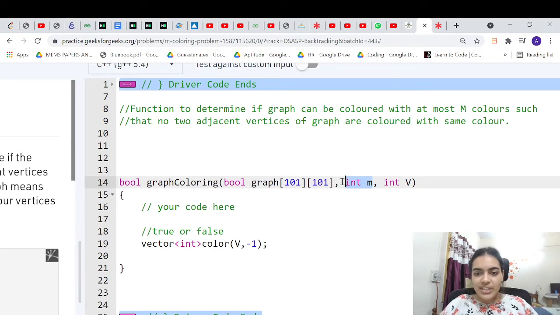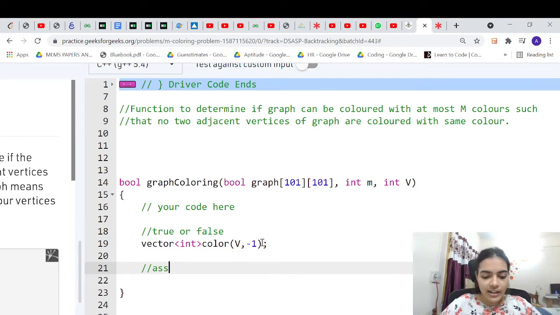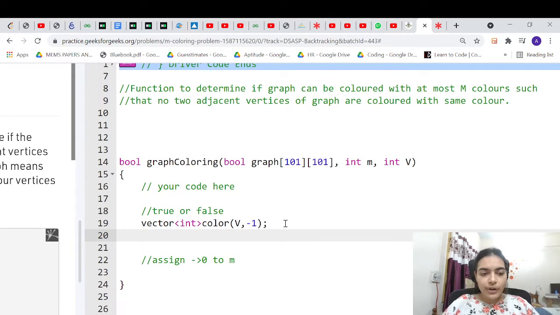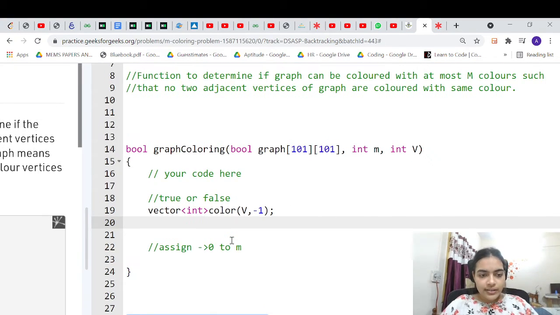For example, if m is 3, we can maximum use 3 colors. That is the problem. So we'll try to give colors from 0 to m. Initially I'm giving every color as -1. If I assign a color, I will assign a color between 0 to m. We'll see that in the code. For now, let us start.